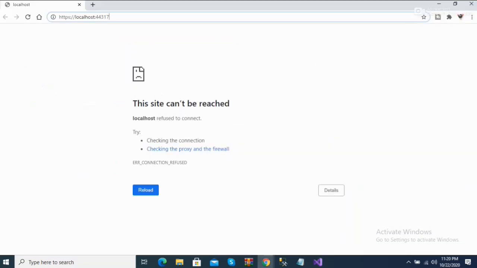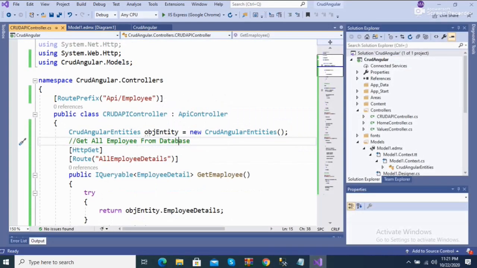Now when I run my project, it shows that this site can't be reached because this is not our full and clear URL of the Web API. So what we do is we have a project. Now you can see this is the API employee.